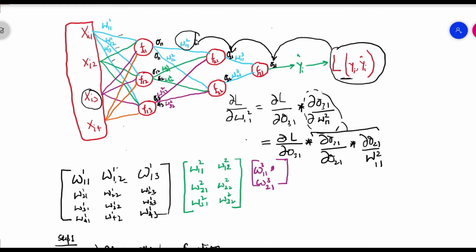Okay, so our dou L by dou W211 comes down as this equation. So the rate of change of loss with respect to the rate of change of weight W211 is equal to the rate of change of loss with respect to the rate of change of output O31, and then the rate of change of output O31 with respect to the rate of change of output O21, and the rate of change of output O21 with respect to our weight